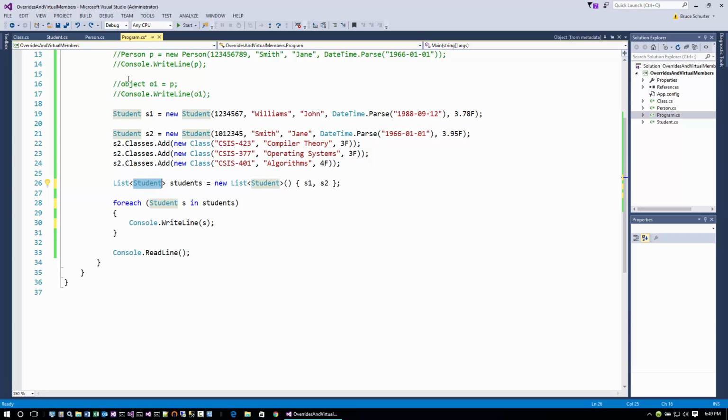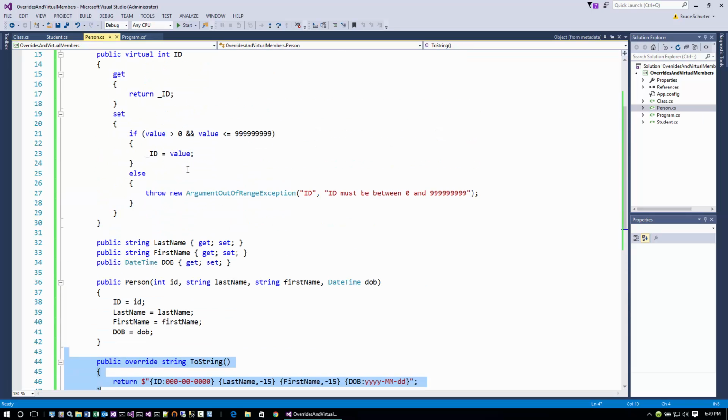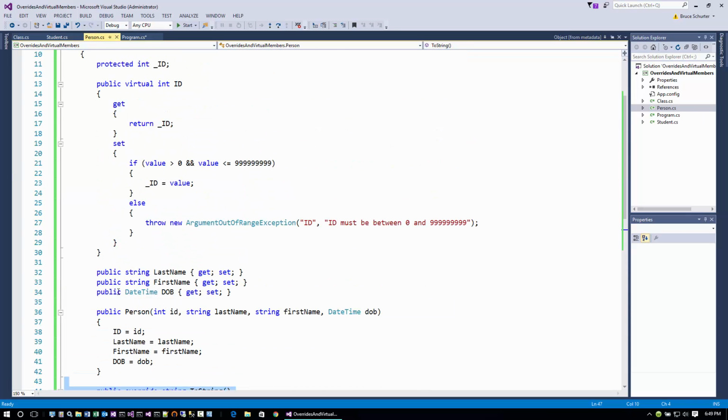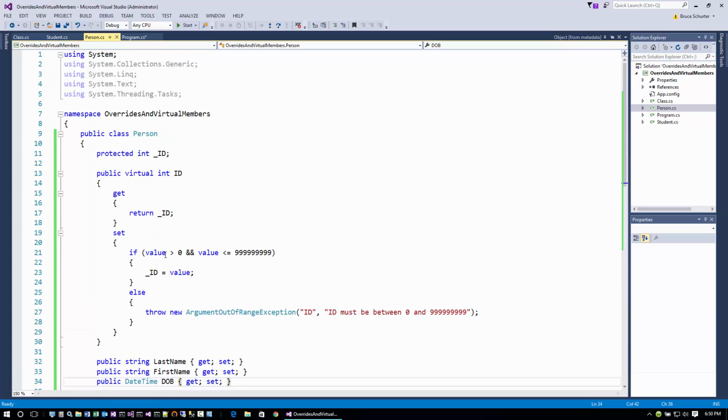But let's also take a look at this person class, and let's add something to it that we intend to override, but we can't, so we're going to have to hide it instead. Right now we have a last name and a first name. We have a date of birth. The one thing we don't have is a gender. So let's go ahead and define a gender enum. And sometimes I like to put them in its own file for all of my enums in a project so